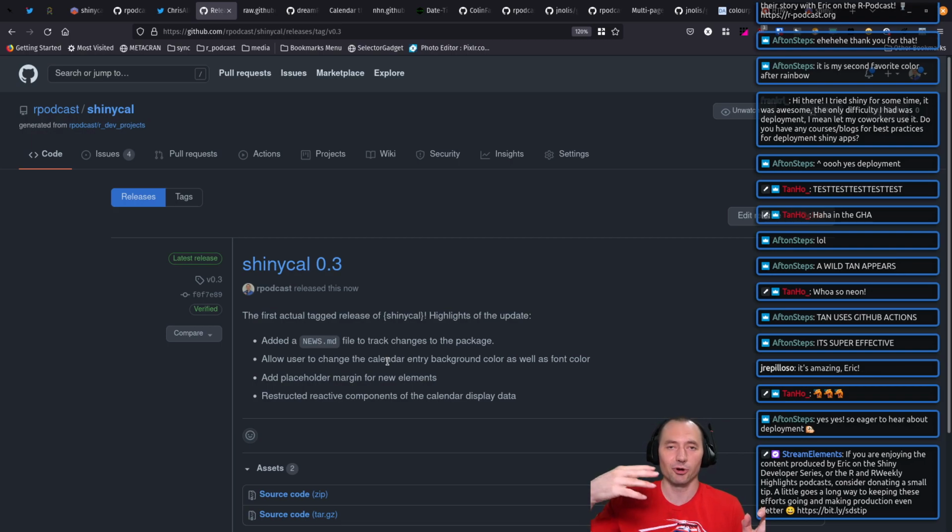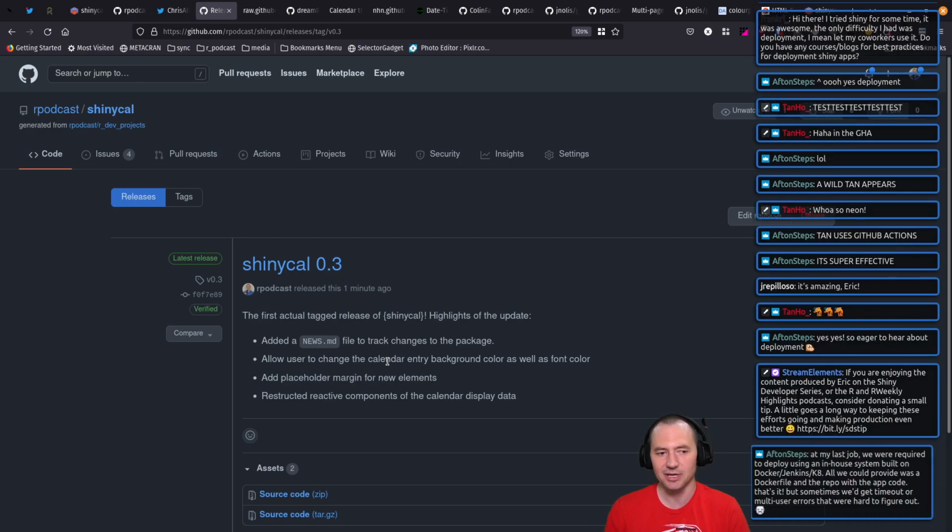So we're just making people go through a couple steps: A, the app has to be in GitHub, B, it has to be tagged up, C, they have to actively request it. That helps make sure that they're actually serious about this app getting into production. And then we ask them to treat QA as if it was production. It has the identical Shiny server installation, and we ask your users or your fellow team developers to just go to town on that, do all your testing, make sure it's working, and then